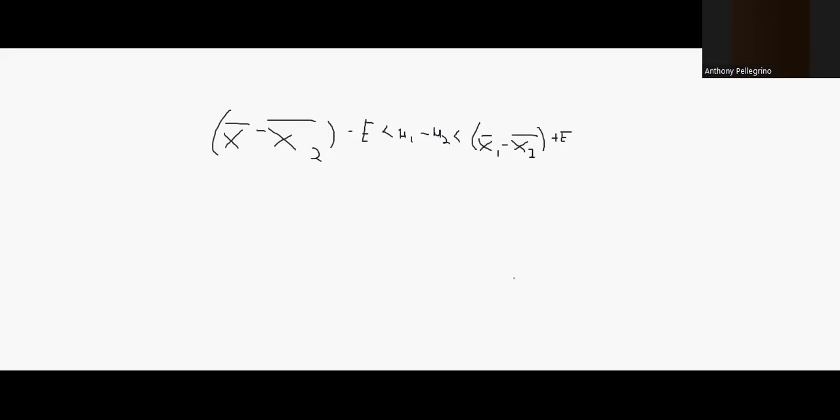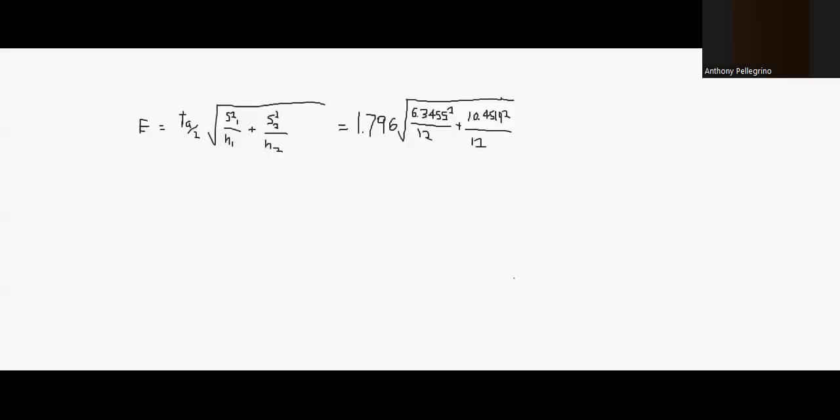So the formula to find the confidence interval is x1 minus x2 minus E, which is the margin of error, is less than mean 1 minus mean 2, which is less than x1 minus x2 plus E. Now that we know the formula, we can easily find the x1 mean and x2 mean, but the most challenging part is finding E, the margin of error. So that formula is